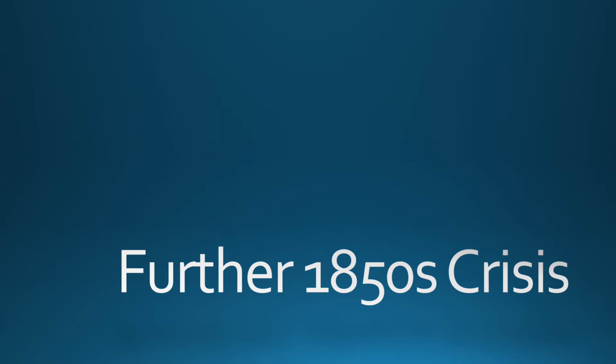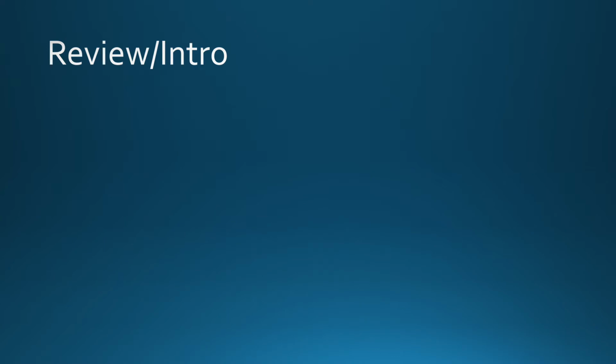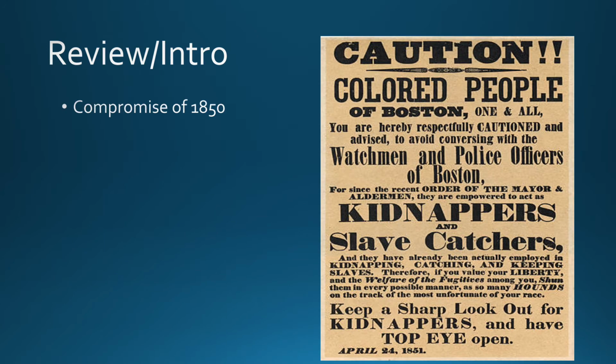Again, though, for understanding the Civil War, so much of this is about the causes, and we spent time talking about the institution of slavery specifically. We've looked at sectionalism, we've looked at westward expansion and the trouble that that brought about, and we looked at the late 1840s and early 1850s, but now we're going to segue into more specifically the remainder of the 1850s and just how dramatic the split is going to get between the North and the South. I'll start though by reminding you what we've gone over a little bit specifically.